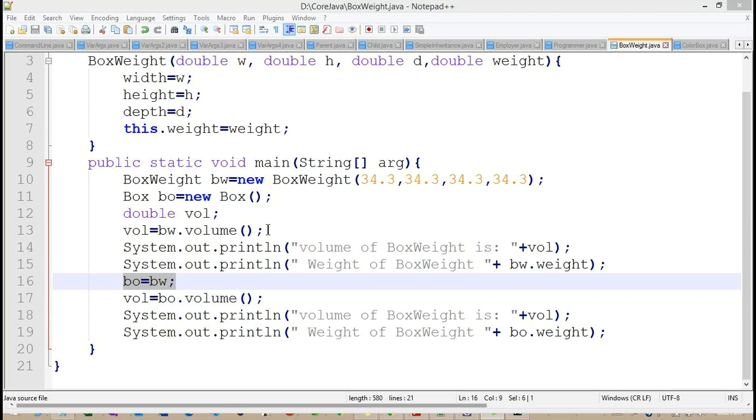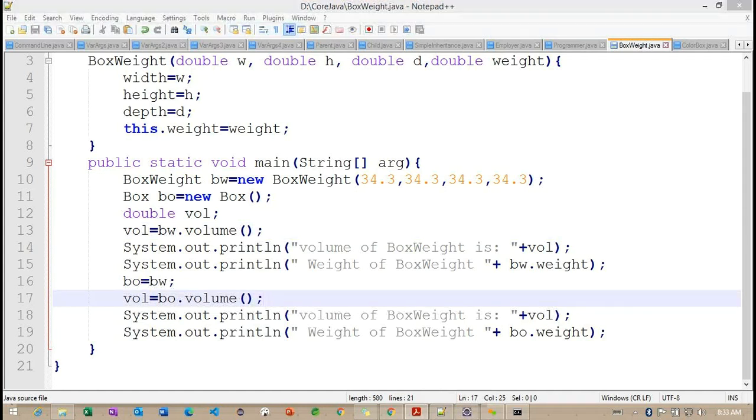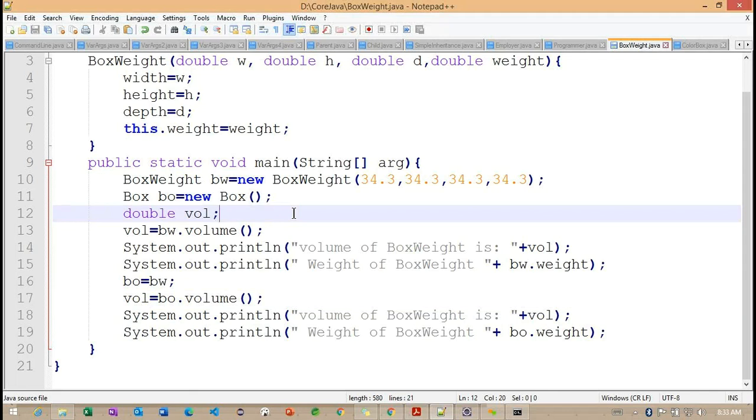This inheritance is a very important concept we are discussing here. Try to practice so that you can understand how exactly inheritance works internally. We'll continue tomorrow with another topic, the same inheritance concepts only. Using the super keyword, how we can work with inheritance concepts.